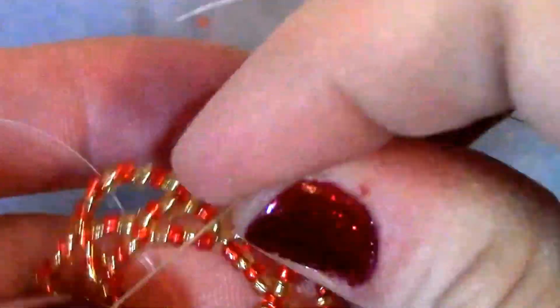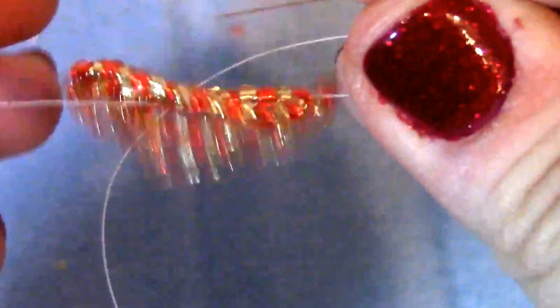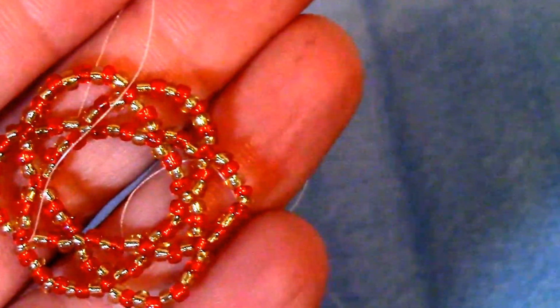Now I'm going to pass all the way around through those beads again, and I'm going to tie off because we're finished with this little unit. We're going to make a second one exactly like it, and when you're finished with that, I'll come back to me. I'll have my second one done too. Alright, I've got 2 of these done,